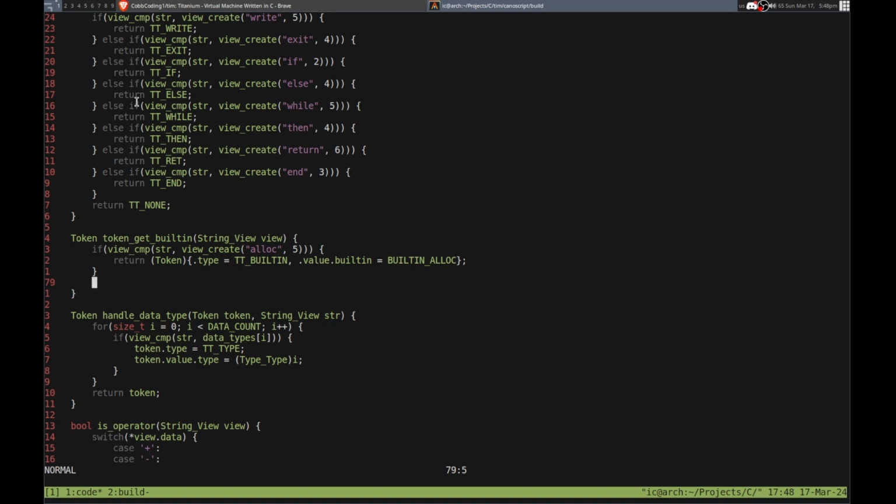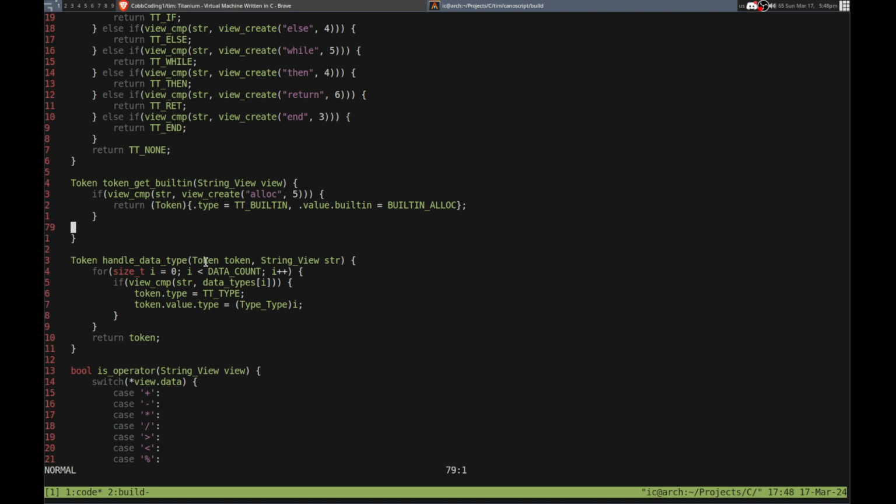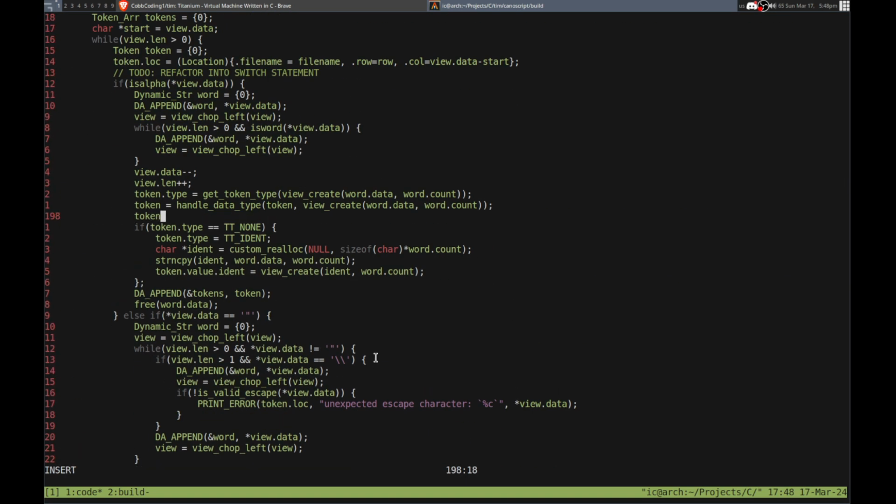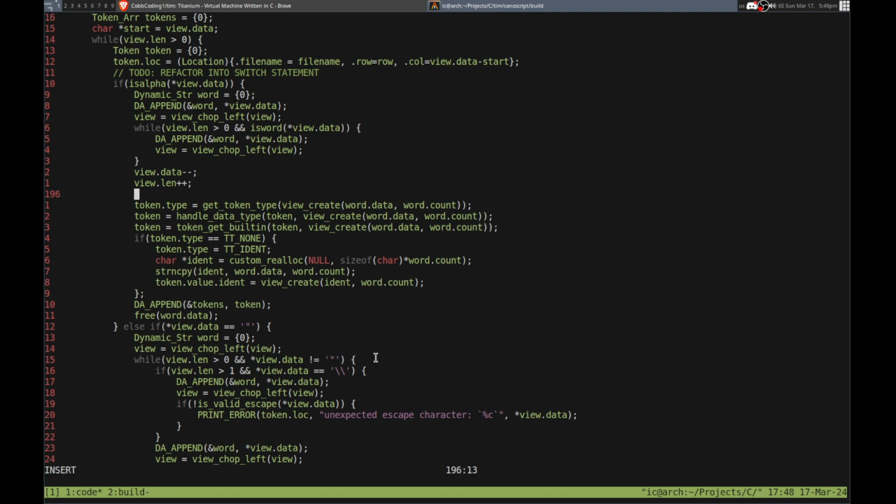Otherwise, actually, how do I handle passing the token there? Yeah, so I can do the same thing as that basically. And just return the token like that. Yes, and that way, if there is none, then we can do that. So token get built-in, we need to call that. Pass the token, and then view create, word data. Instead of creating each time, I think it makes sense to be like this. So basically view equals